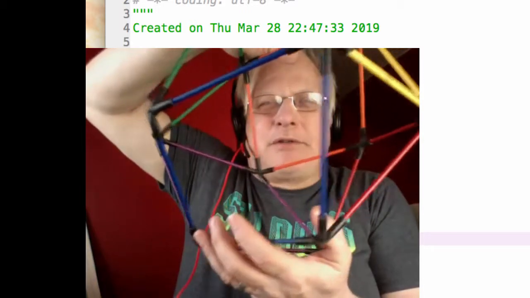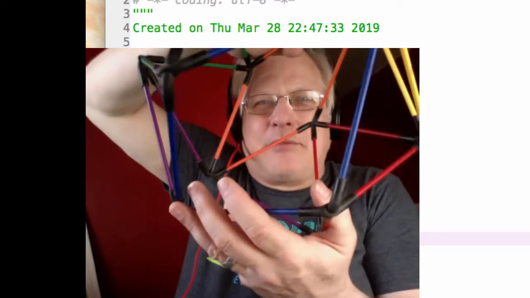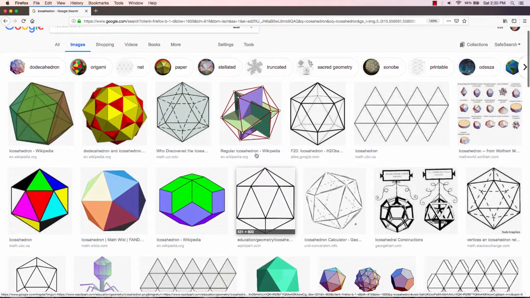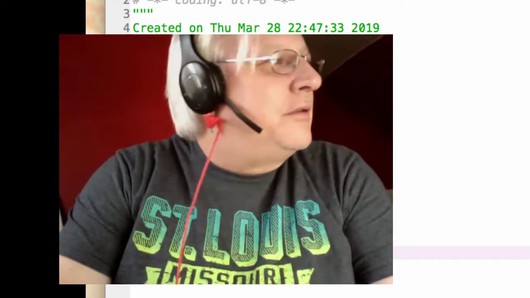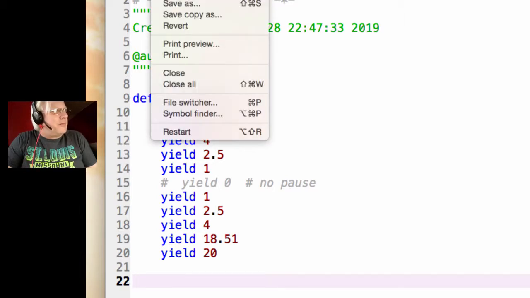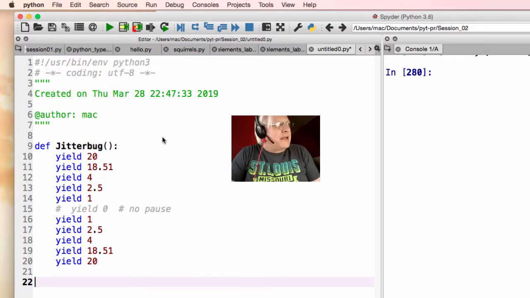This is 20, and when I squeeze it down a bit, you can imagine the missing links there that would make it an icosahedron. I'll insert an icosahedron picture right there. Okay, so that's the 18.51 station stop, and then we're up to yield 20. That's a weird looking structure there, isn't it? That's what we call a generator in the Python language. It's kind of a mutant looking one, but nevertheless it's a generator. And I'm going to show you how it works. I'm going to save it as